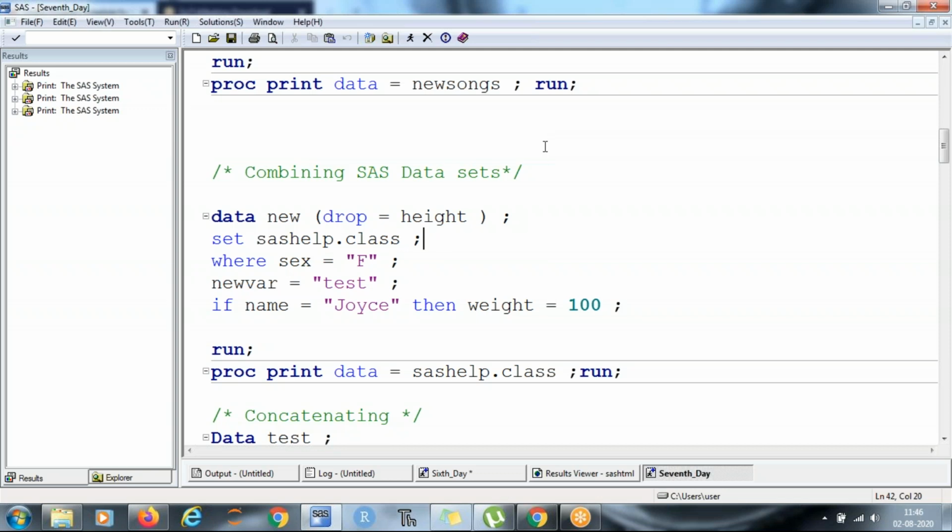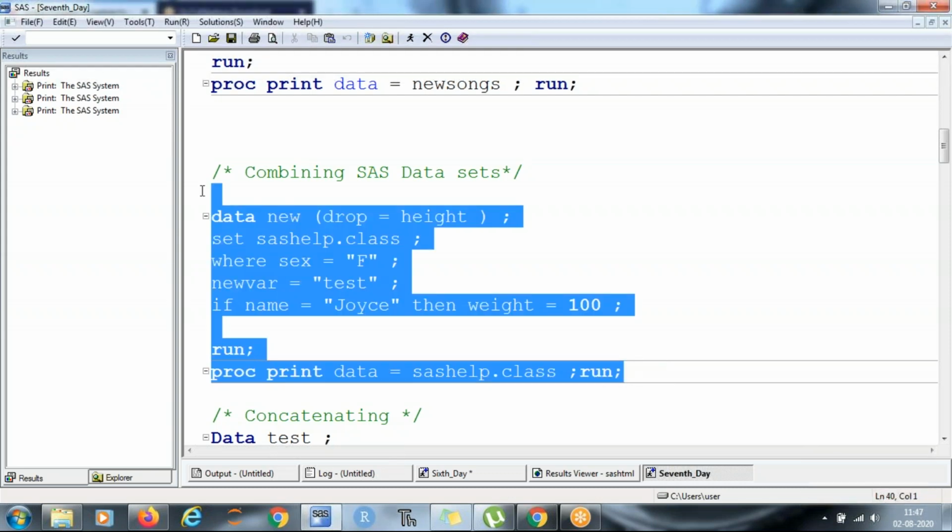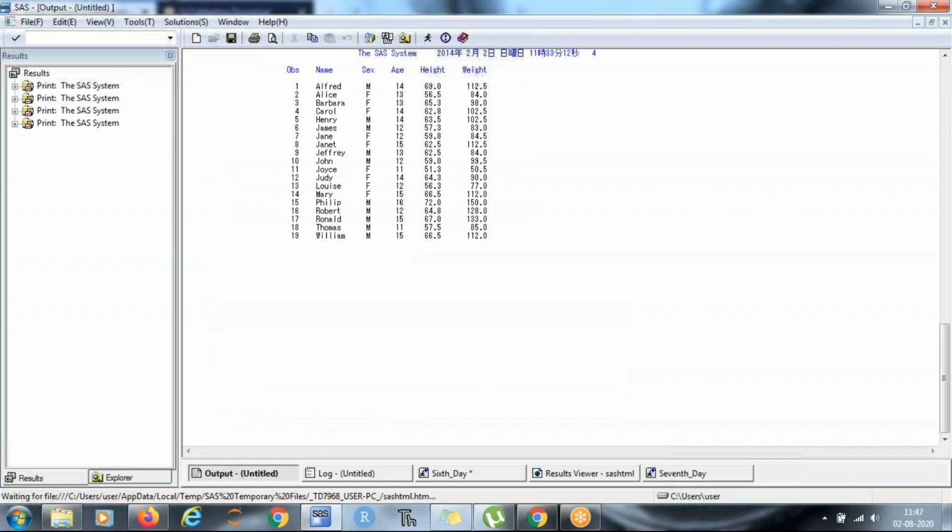Okay. So while working on any project, you need to be working on different data tables, right? And for that, you need to merge your data. So I'm starting with a very simple example. Before I start, let me create one data set for my consumption.